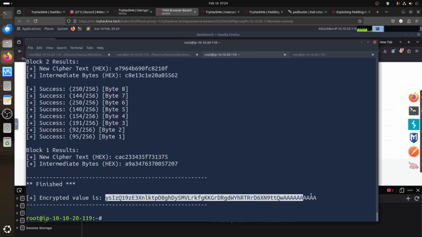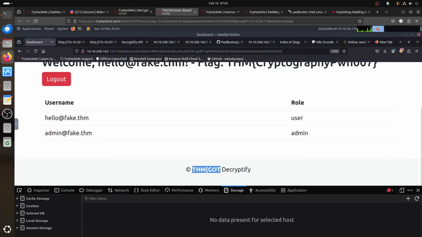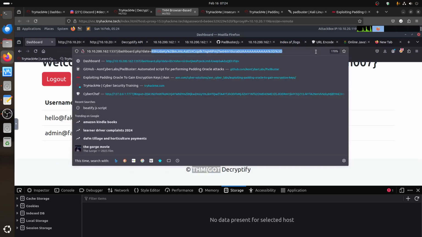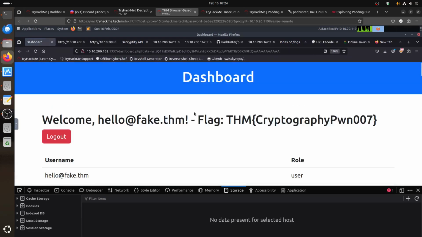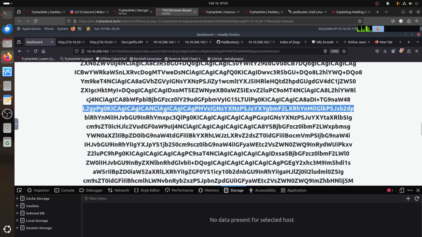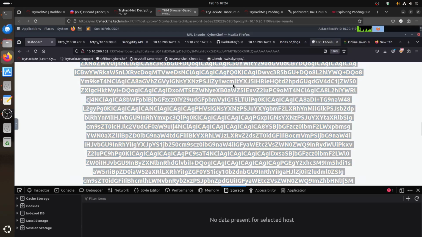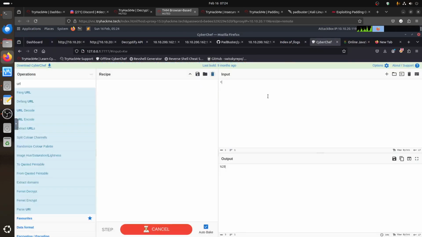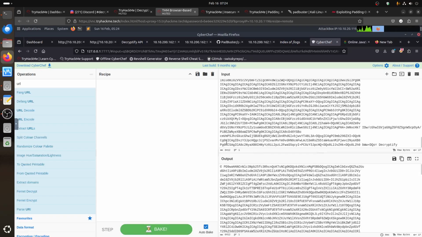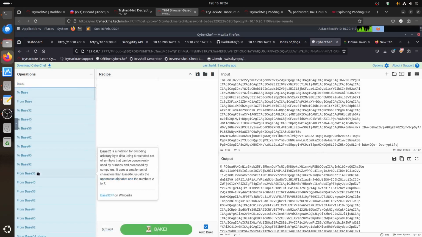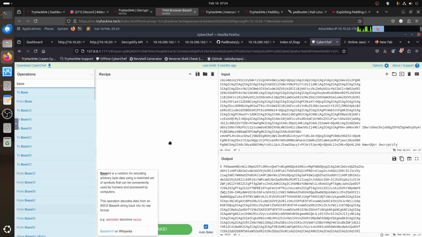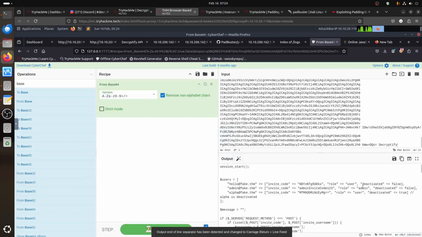Now if I go there, I tried to get root access but I couldn't. But let's understand how the application was working. So we got this value, I can just copy it. Base64. Now we get